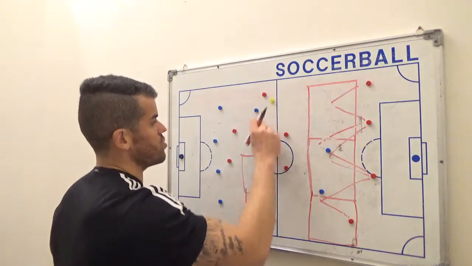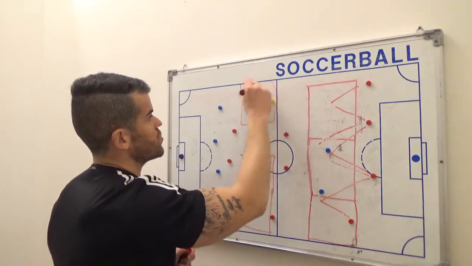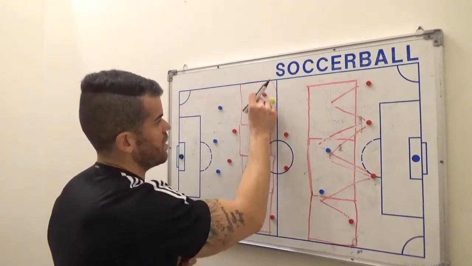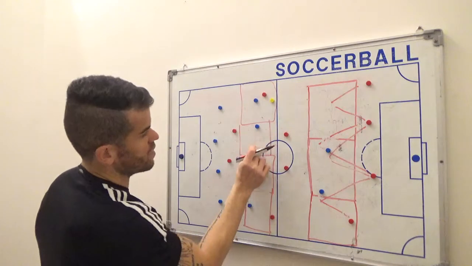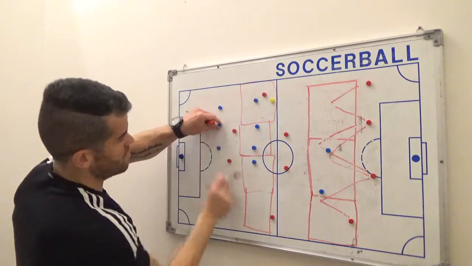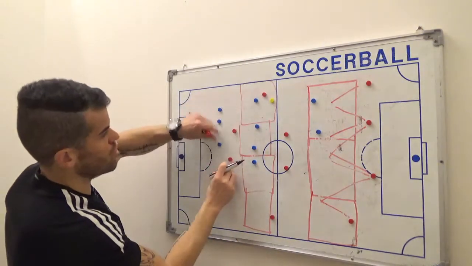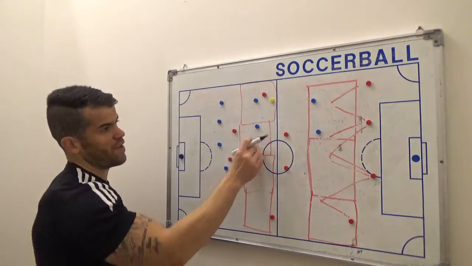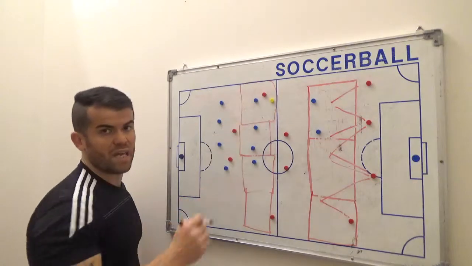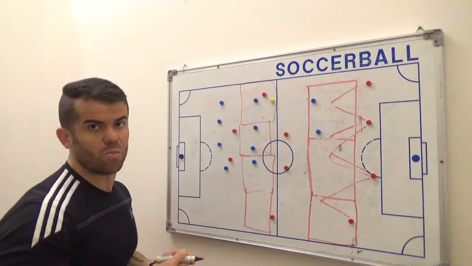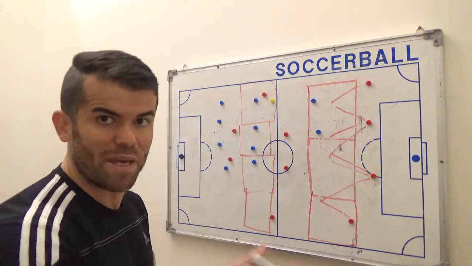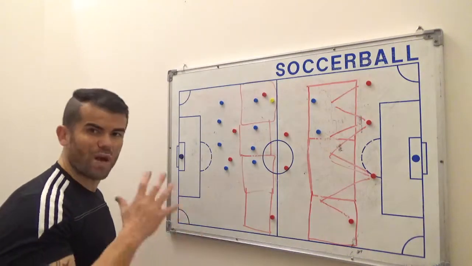If the ball then is switched on to the other side, same thing applies for this guy. And then obviously this guy will come close a little bit more, and then the guy tucks in a little bit more, and the team does this. Okay, so what you then have is a structure in the team where they're all knowing what zones to be, when to be, how to be, who they're going to be in these zones. So then it becomes quite clear